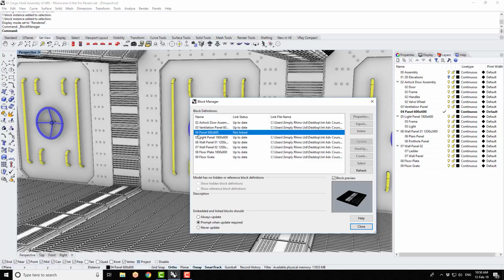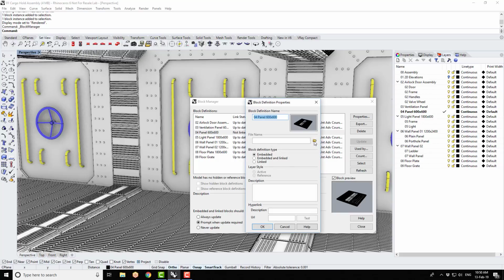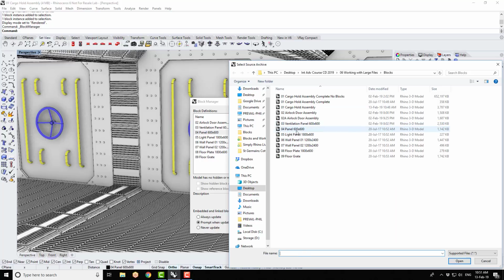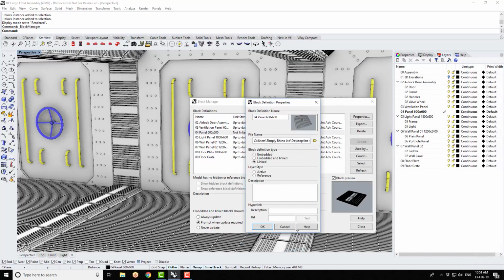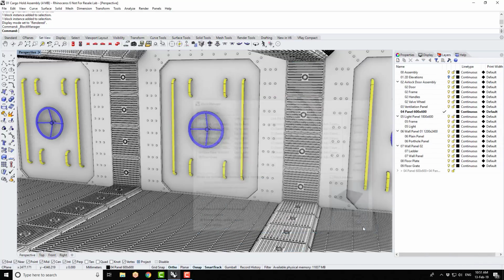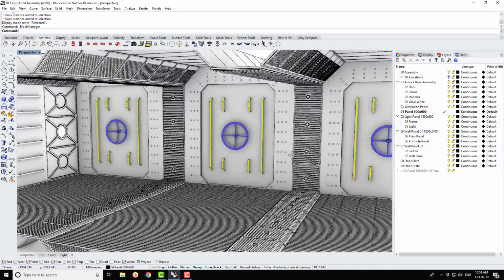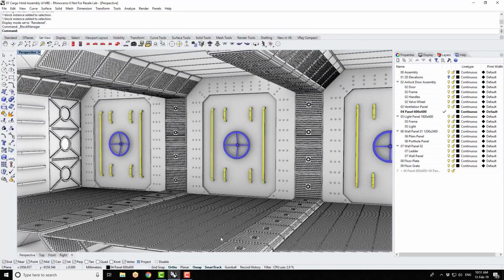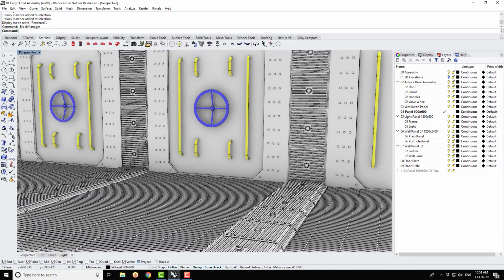I can go to my panel here, which at the moment is not linked, and I can go to Properties, and I can find the original component, and then I can replace the modified component with the original component. So you can see that blocks give you a lot of flexibility in terms of how you can handle components